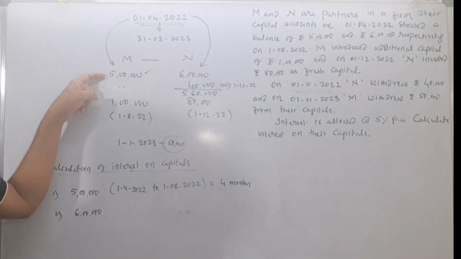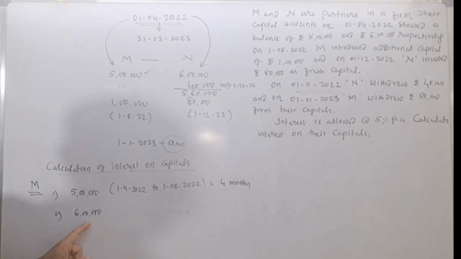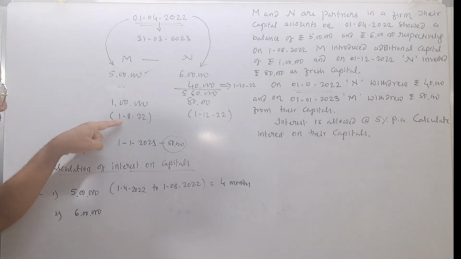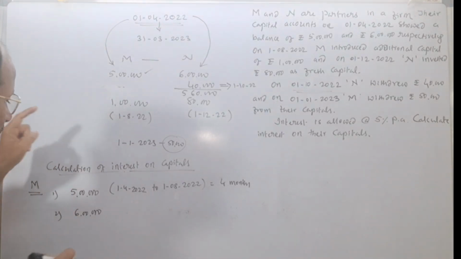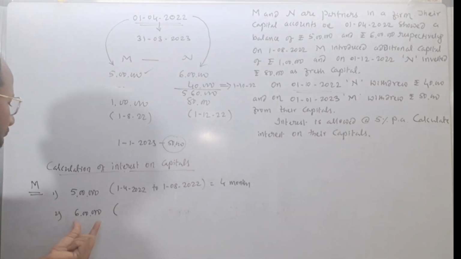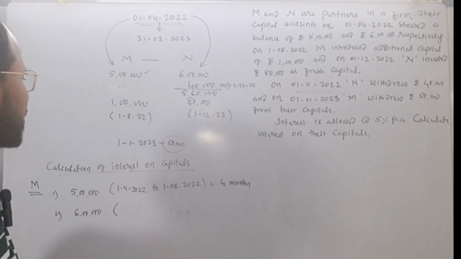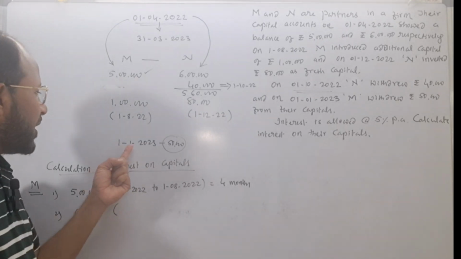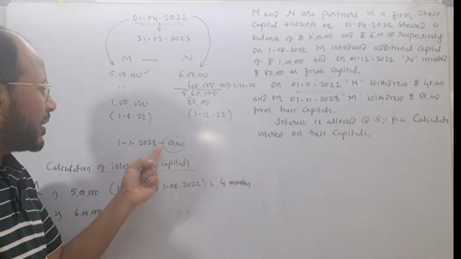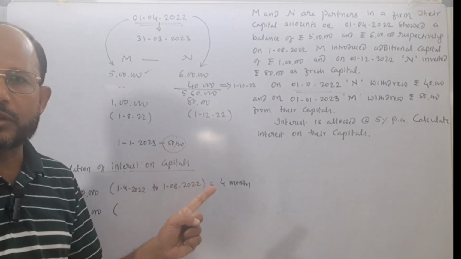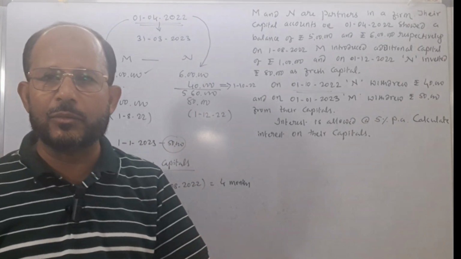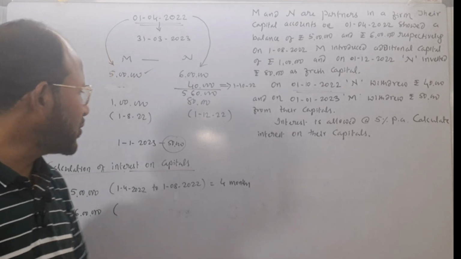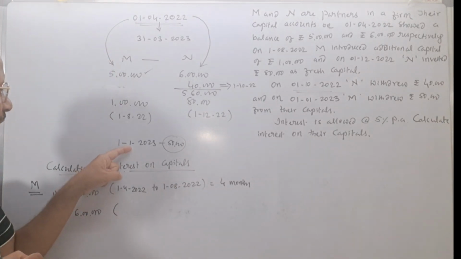Earlier 5 lakh was there. Now 1 lakh is introduced by the partner. See, rupees 6 lakh, this was used in the business for how many months? That we have to check now. See, on 1st January 2023, he has withdrawn rupees 50,000. Means again his capital balance will come down on that particular date. That is why here up to 1st January